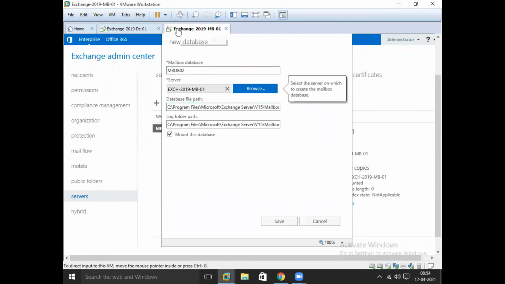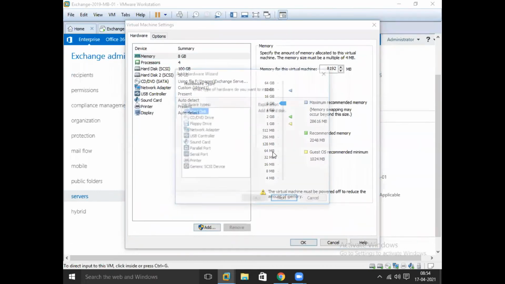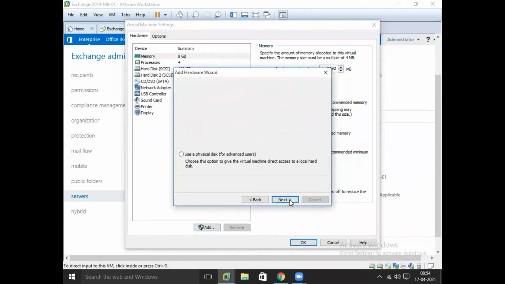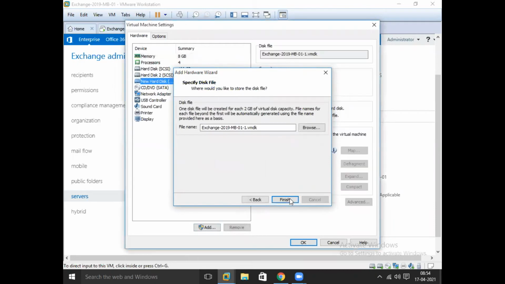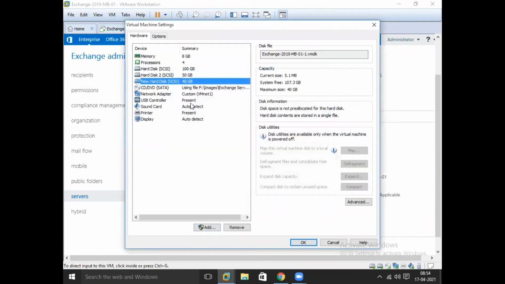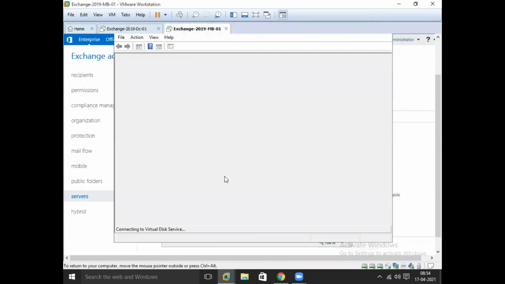So what I do now is make one more disk. Imagine I add another disk to this machine, a 40 GB disk. I added the disk, as you can see, 40 GB. Now click on OK. Now I open Disk Management and bring the disk online.